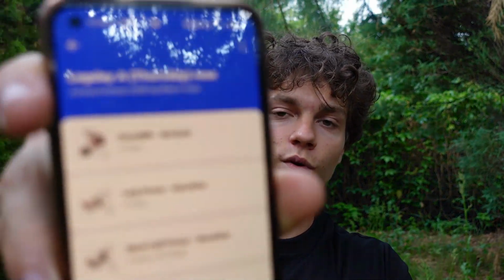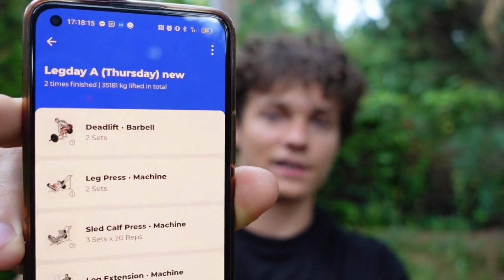So yeah, that is my delts and arms day. Then what I do on Thursday is the first leg day of the week. I started off with 2 very heavy sets of deadlifts. Deadlifts are a very risk-involving exercise, I guess, and I used to really avoid them, but